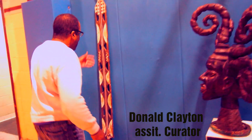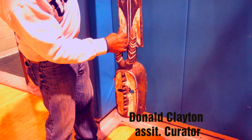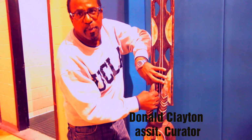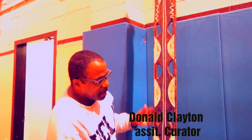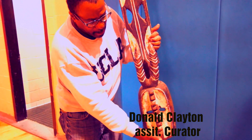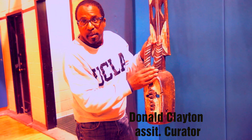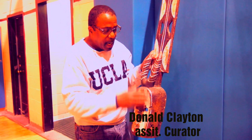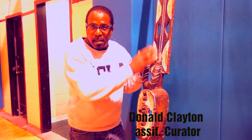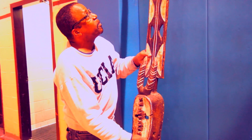Again, the same thing with the totem. The design told you the village, the culture of the people of that area. But again, the function of the human and the animal, because the Africans looked at it as one. They didn't look at it as I'm human and the animal is over there. They looked at it all as one person, as one form. But again, as great an art collection as this is,